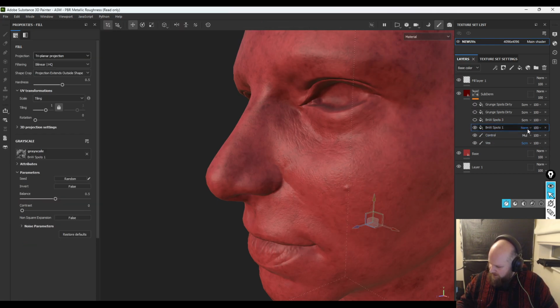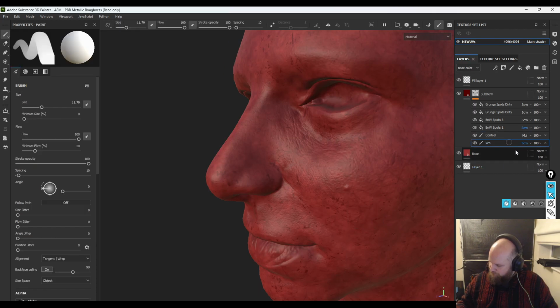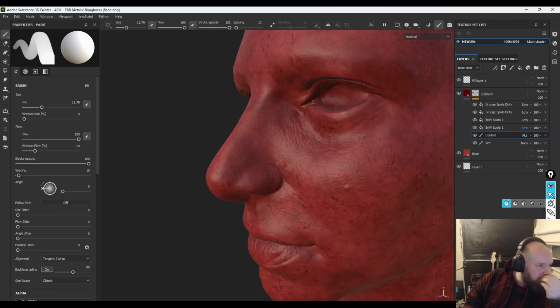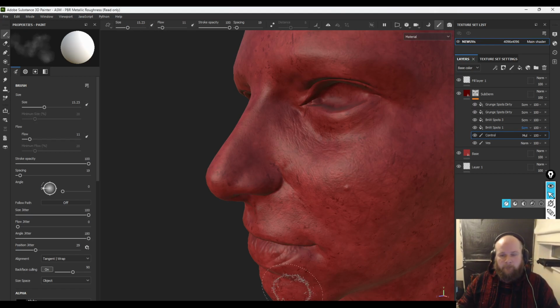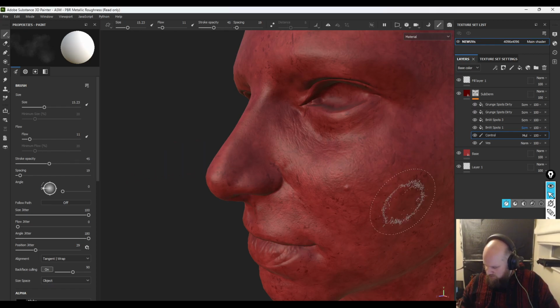So in fact, I'm going to set everything to screen, so my vessels are at the very bottom of the face. Like that. I'm going to set these to normal. There you go. So on my control brush there, I'm going to turn my brush into a nice big soft airbrush. I'm going to turn on concrete to 1, bring the opacity quite low, and what I can do is just